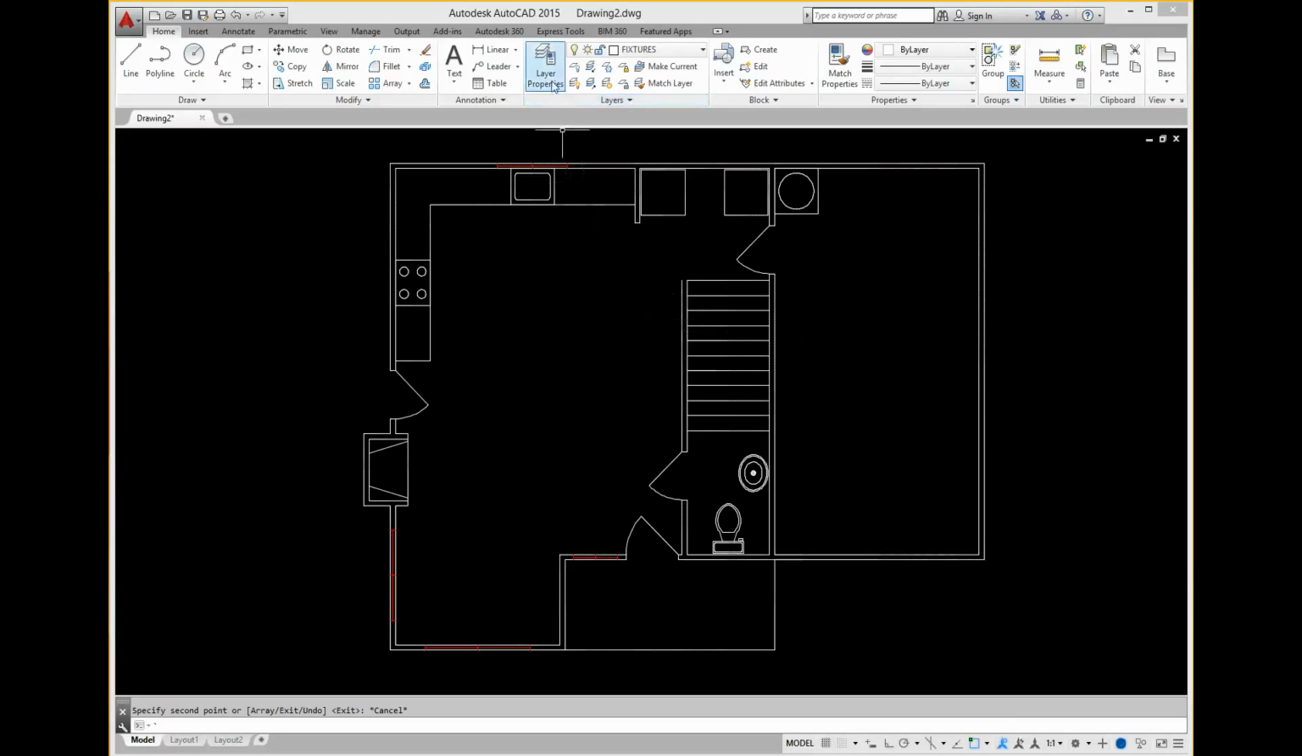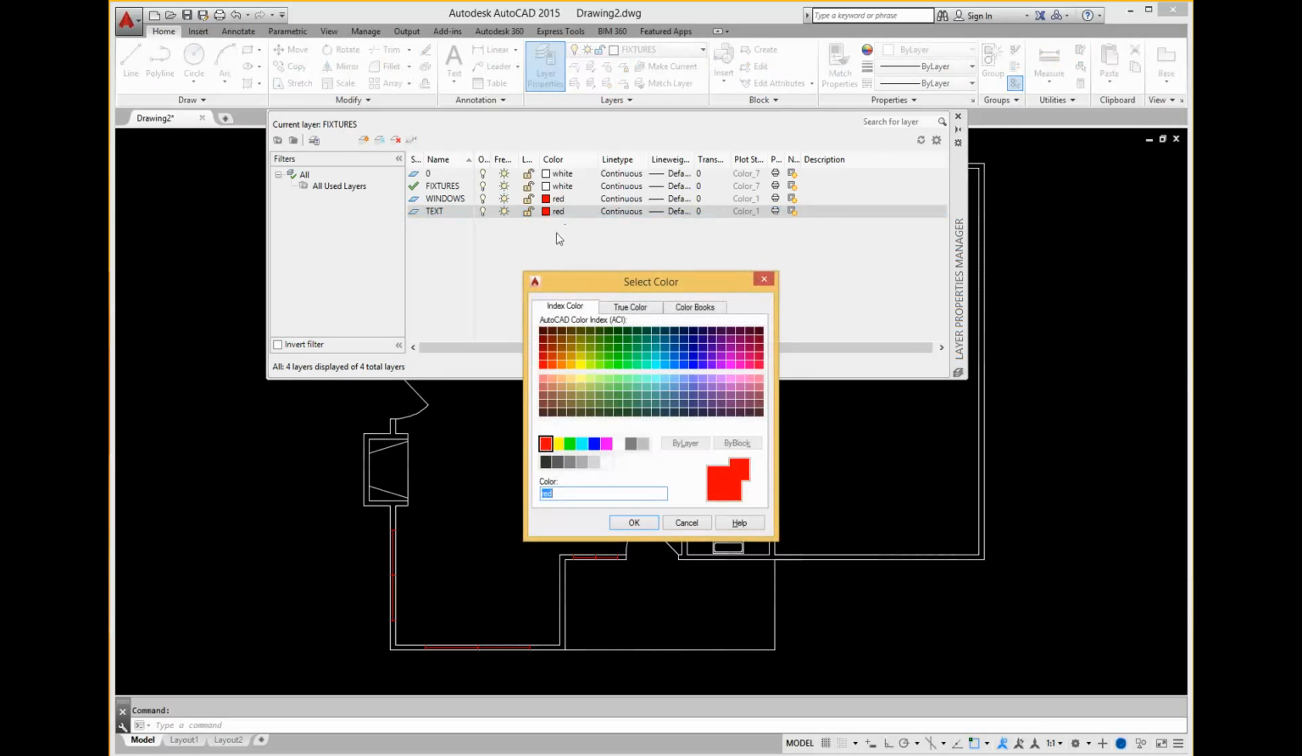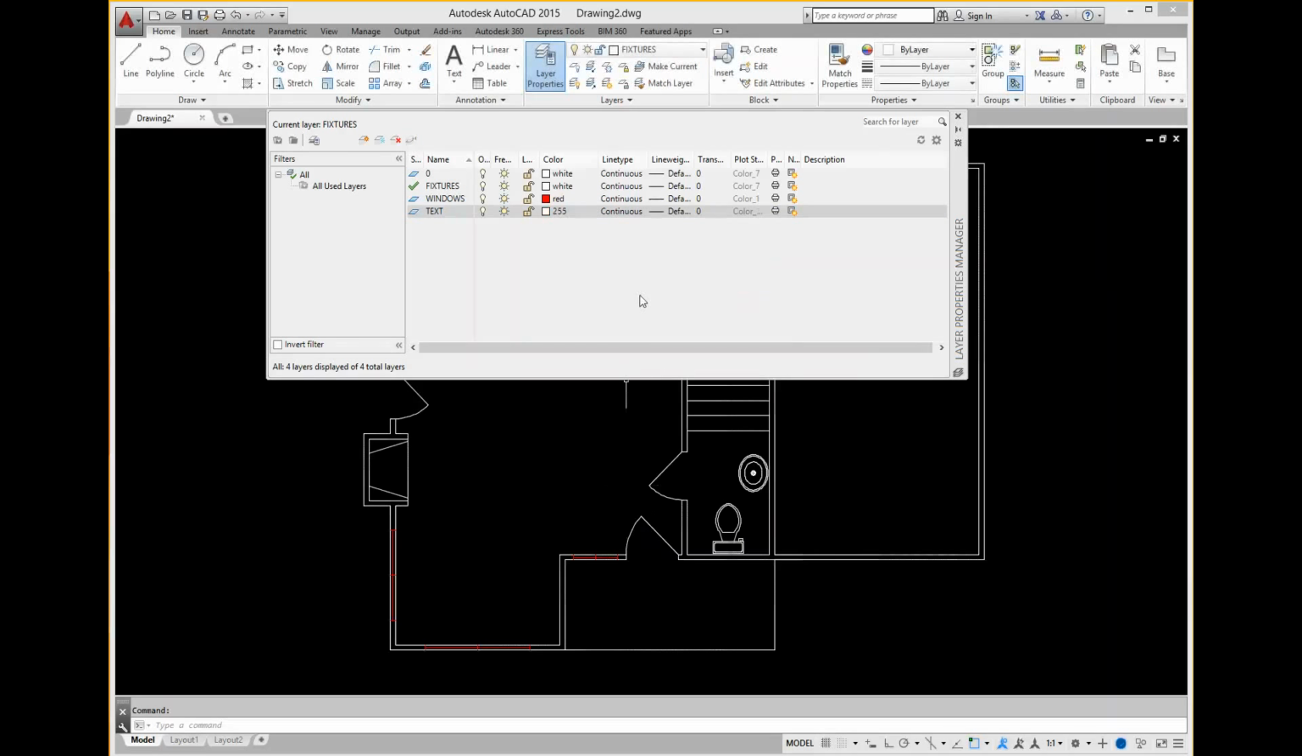So let's come up and click on the layer properties, and then click on the new button and just type in the name of the layer. We'll call it text. Somehow this got set as red. I think it's duplicating the layer above it is what it's doing. Let's just change it back to white for now. And then we're going to set it current